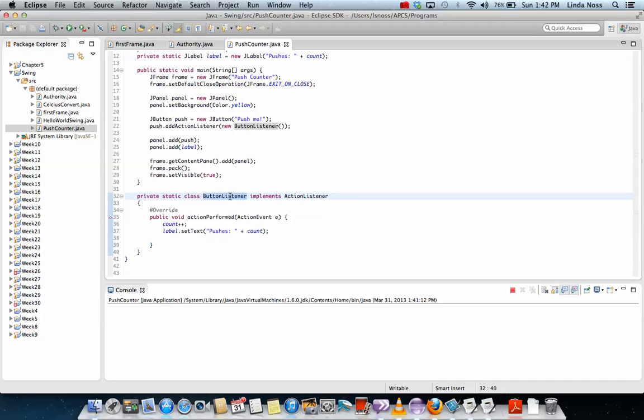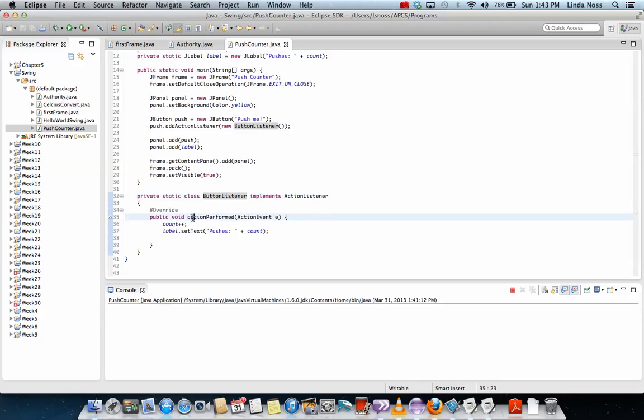So anything with a listener on the end of it, like button listener, we're going to do text listener a little bit later on, it basically tells you that the computer's waiting for some kind of action to happen, whether it's a click or a drag, if you're dragging a scroll bar or typing into a text box, it's waiting for some kind of action to happen. And so it's listening. So basically what you can do is write these little classes right here that tell the computer what to do if you find that there's an action happening. So in button listener,